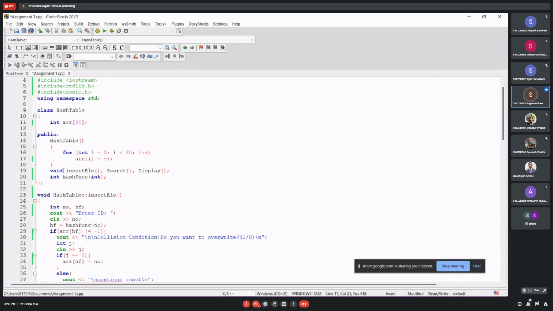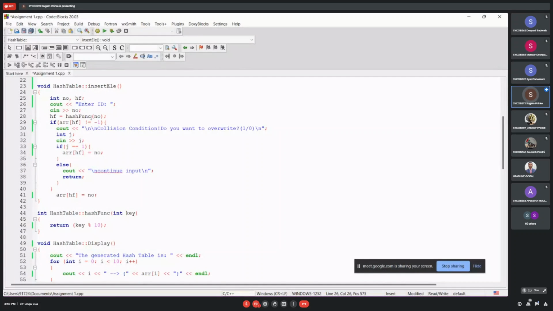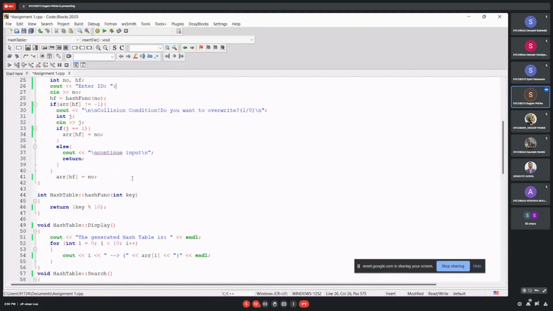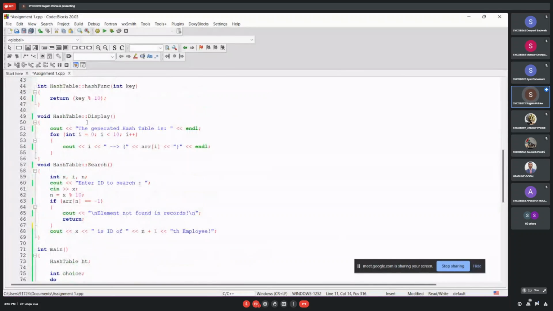Then I have declared some functions like insert, search, and display, and a hash function which returns the index of the ID of the employee using the division method, with modulo 10. In the insert function, I first take the ID from the user, then that ID is passed to the hash function which returns the index, and then it is inserted into the array. There are display and search functions too.